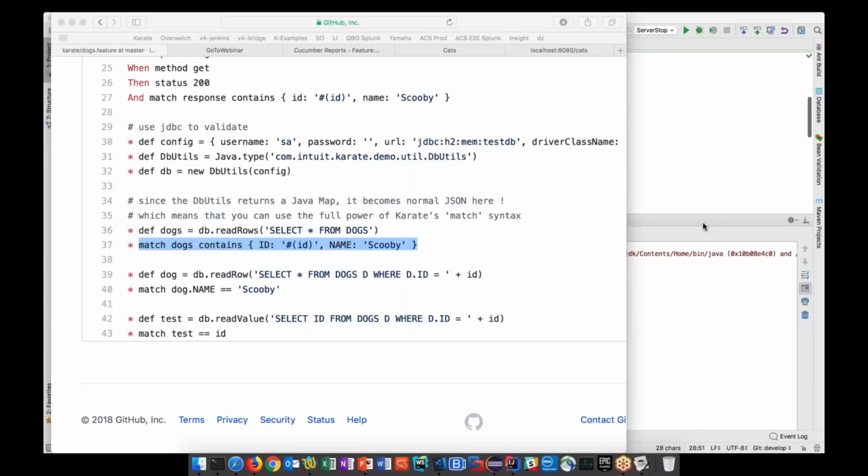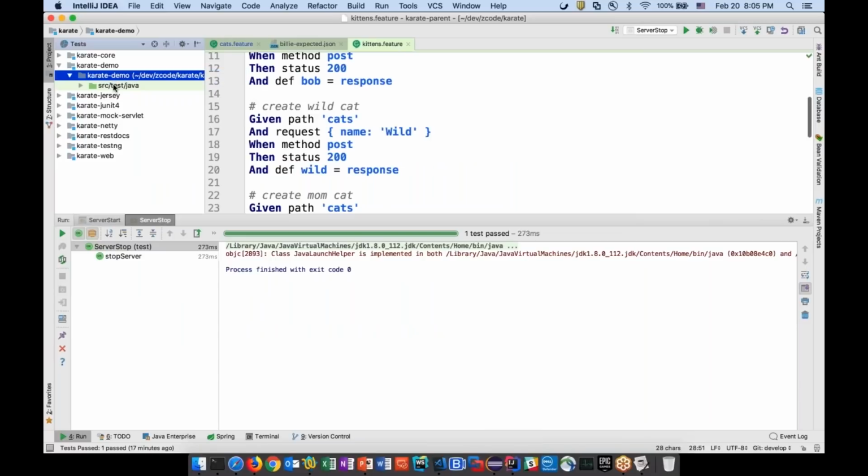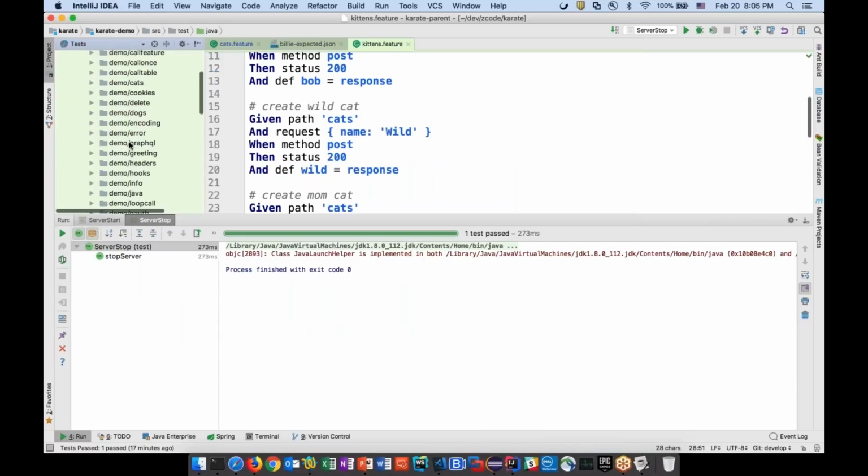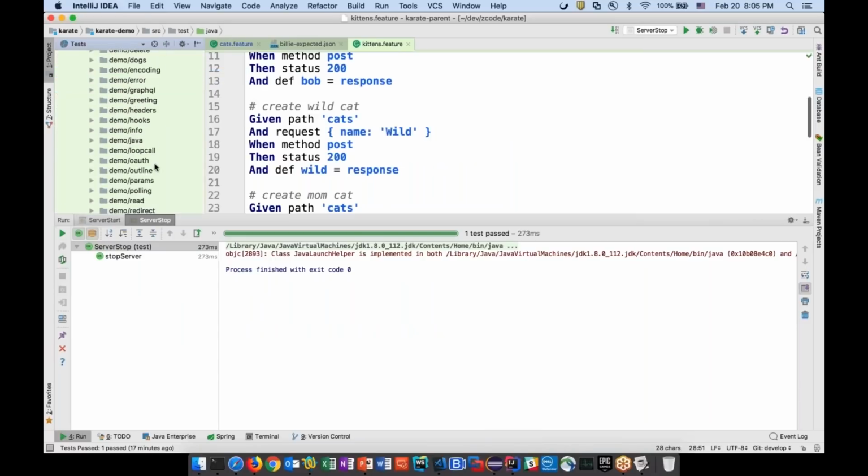One of the ways in which I see a lot of teams quickly move existing test cases to Karate, and someone already asked a question as to, if your requests are very complex, what do you do? The answer is that you can use files.